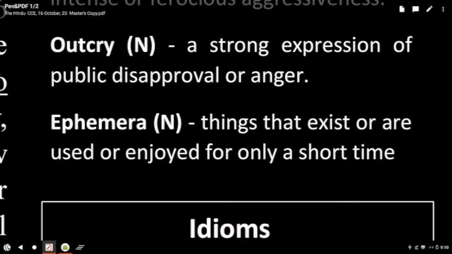Ephemera we have got for the first time. Ephemeral, write another word form of this. Ephemeral means temporary, and part of speech noun here, ephemeral adjective. Things that exist or are used or enjoyed for only a short time. Something exists for a short time. What is the word we use? Temporary. Better word is what? Ephemeral. But when it comes to fashion,